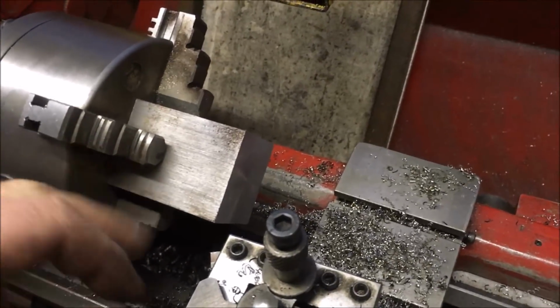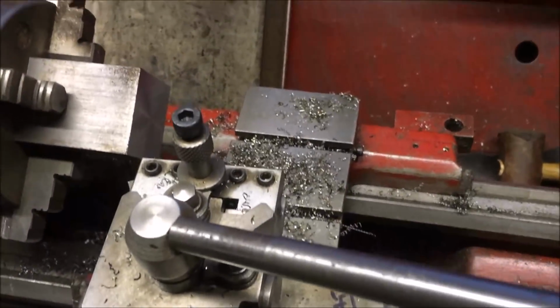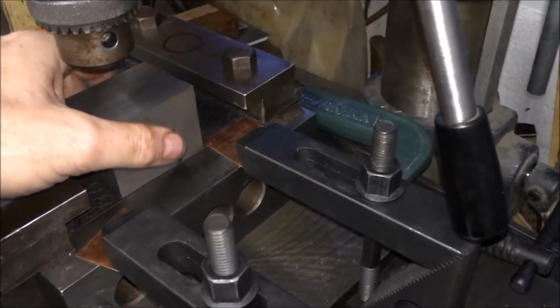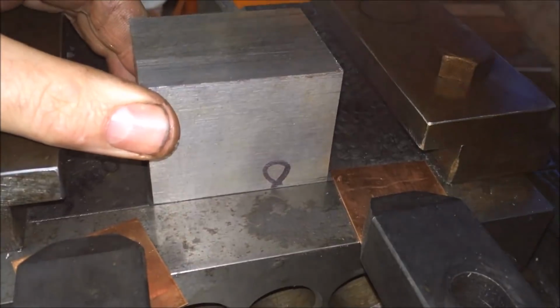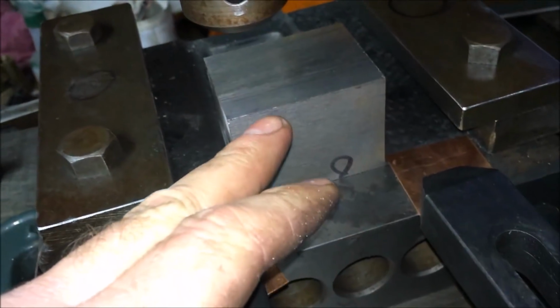In order to do that, let's just take this off a sec. So that's where it sits. So I've marked that face and that face because they're the most true. That sits over the pad. Now what I've got to do is have this bolted down so that I can then